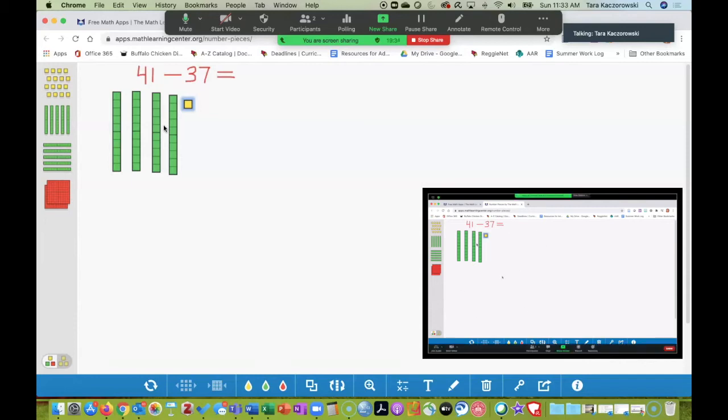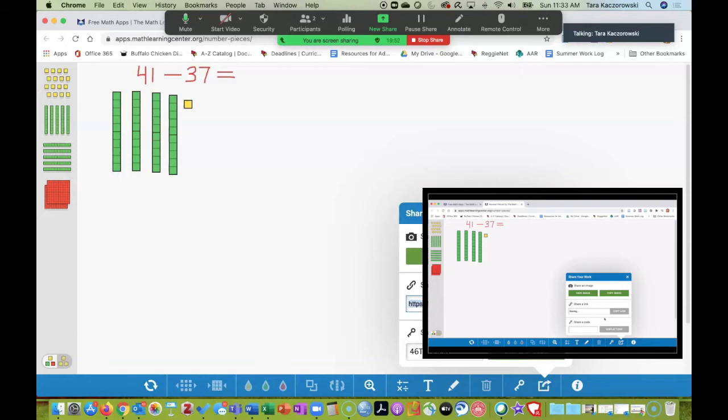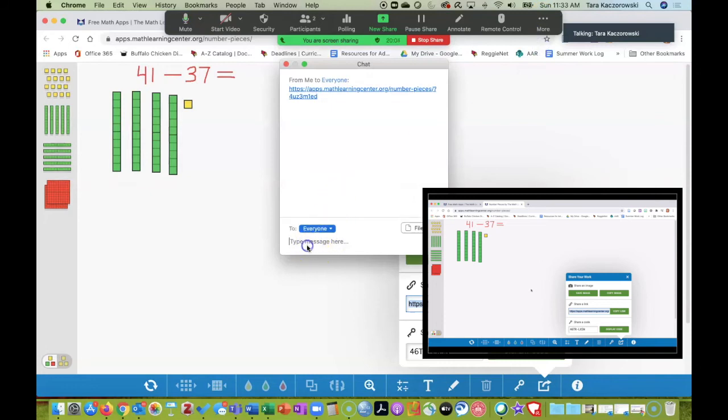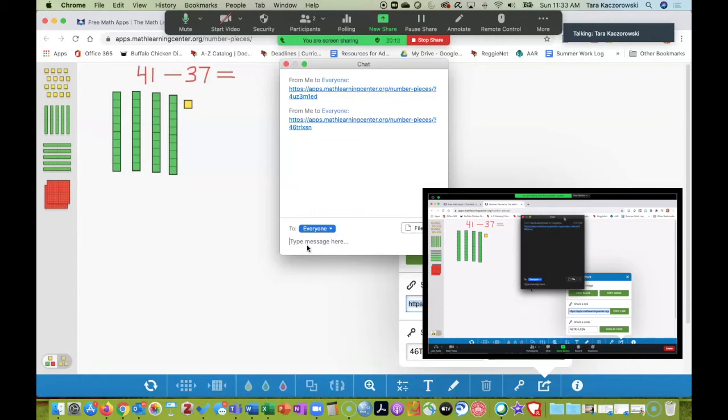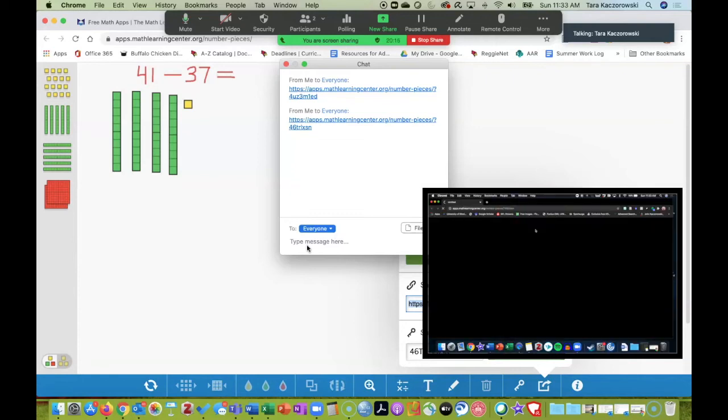But right now, on the student end of it, the student is only seeing my screen. They're not actually interacting with these. In Zoom, we can use the chat feature to share this with them. So I am going to go down to this share button in the bottom, and I'm going to click that, and it's going to populate a link that I can copy and paste into the chat for my students. So if you don't see your chat, if you didn't have it open, if you click those 3 dots where it says More, I can open that chat and I can paste it in here. So I'm going to paste that in there, and it's going to go in the chat on my student end. So my student is going to open the chat and click that link.